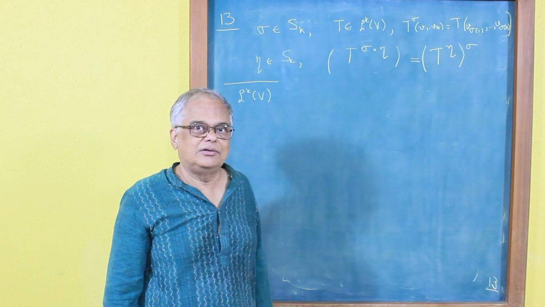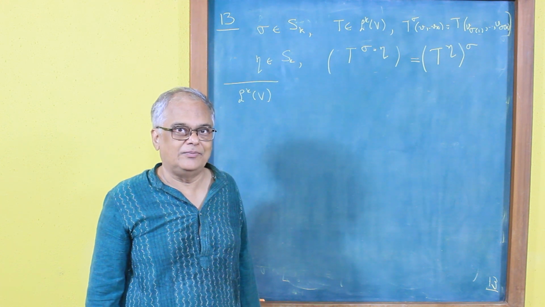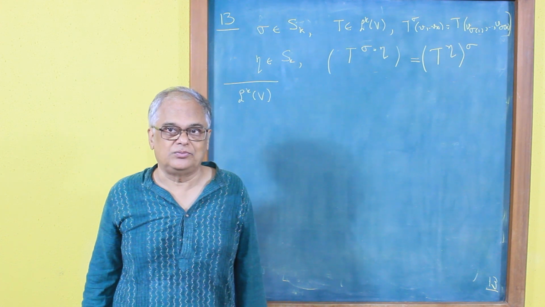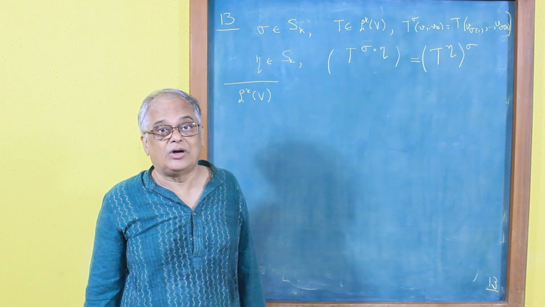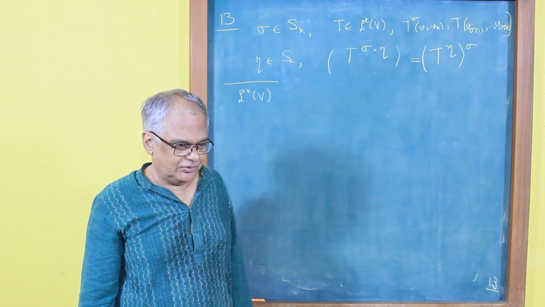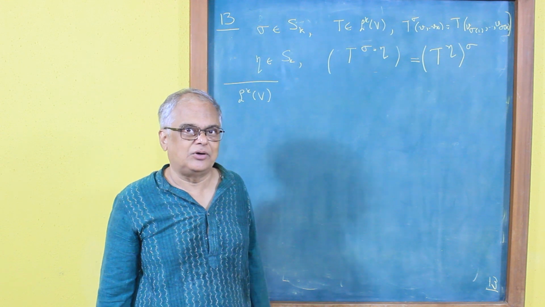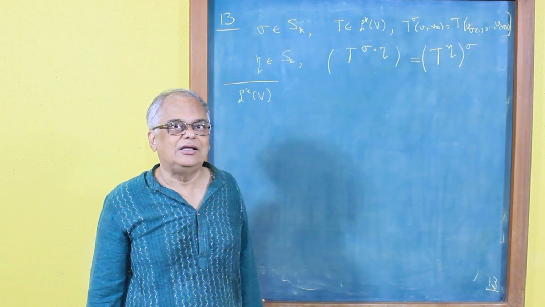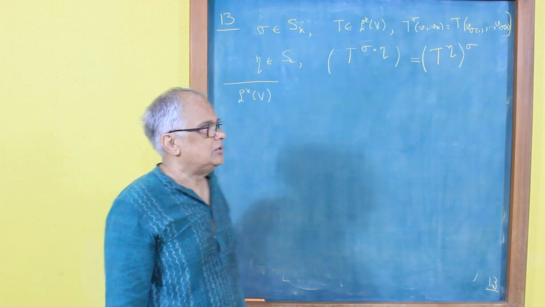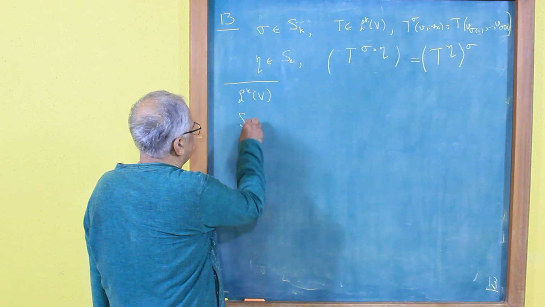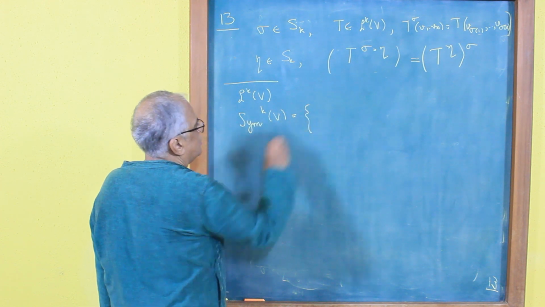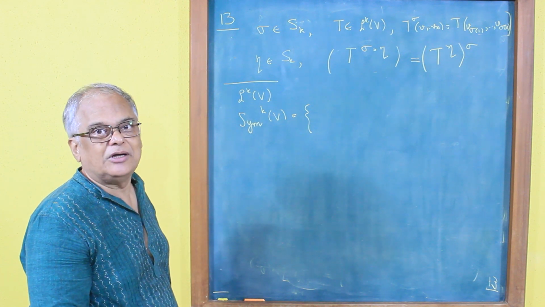It turns out that we are not really that interested in all the elements of LkV. There are some special elements in LkV that we should be talking about. So what are the natural special elements that you should think about? If you start thinking about that, the first thing you should think about are k-multilinear maps that are symmetric. Okay? So I want to talk about the symmetric maps, k-multilinear maps on V.